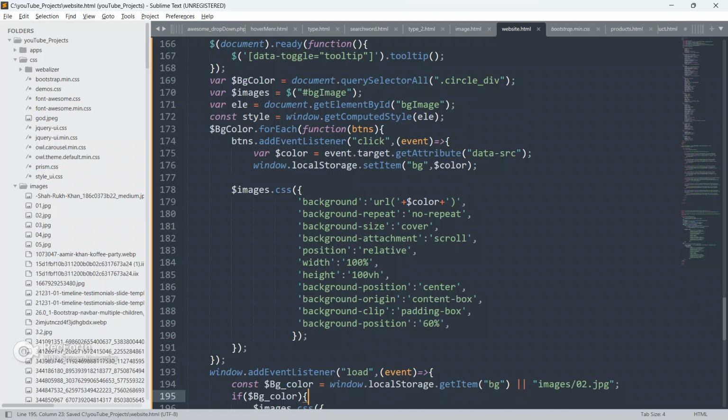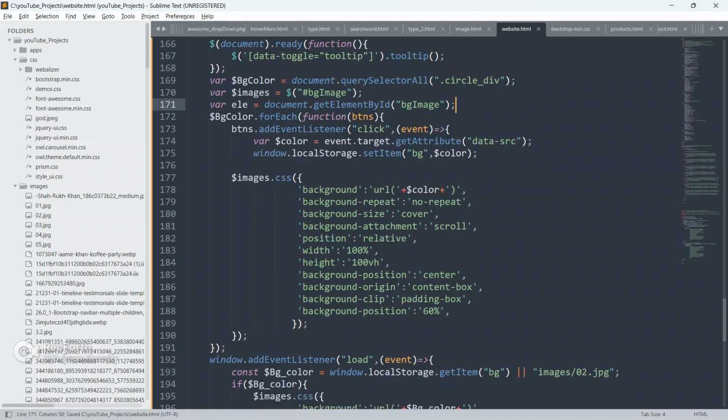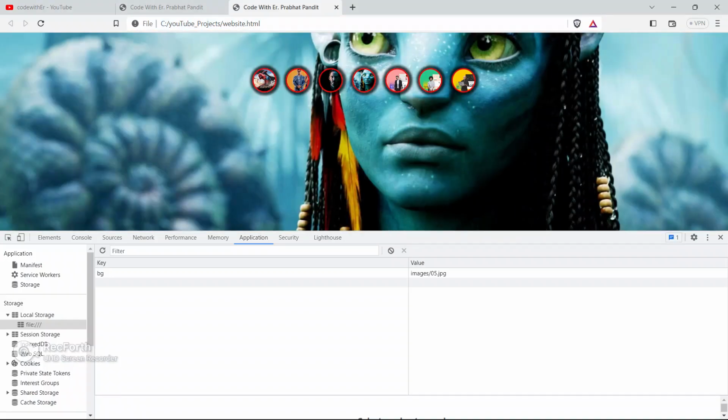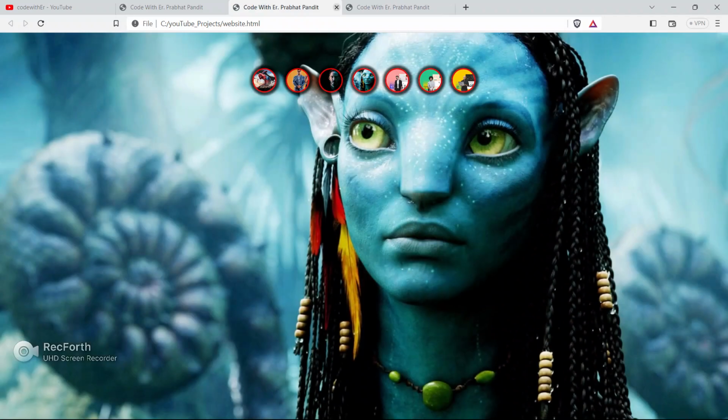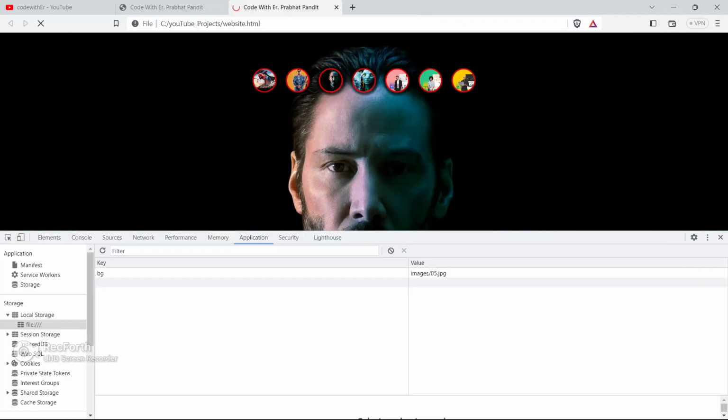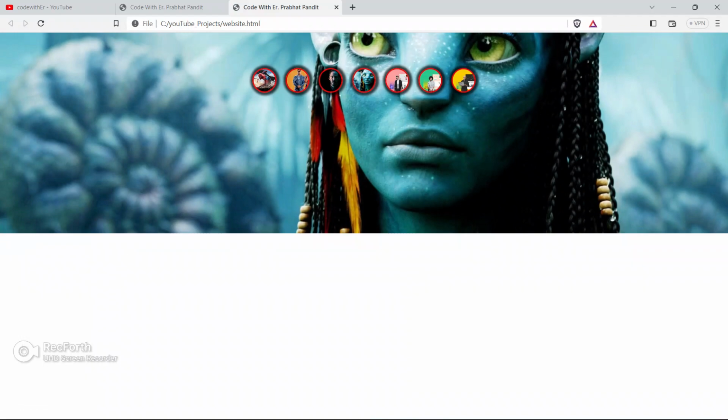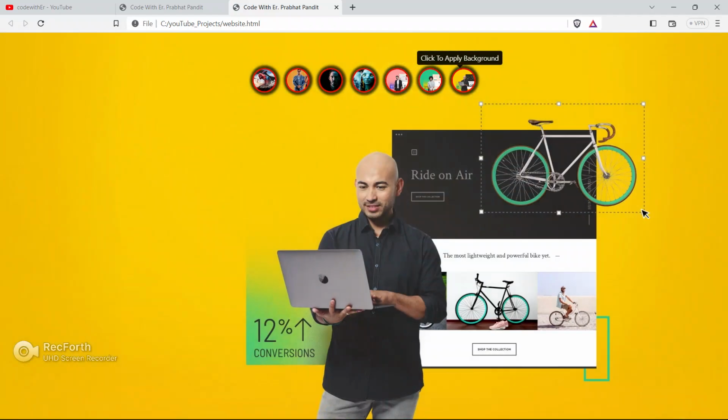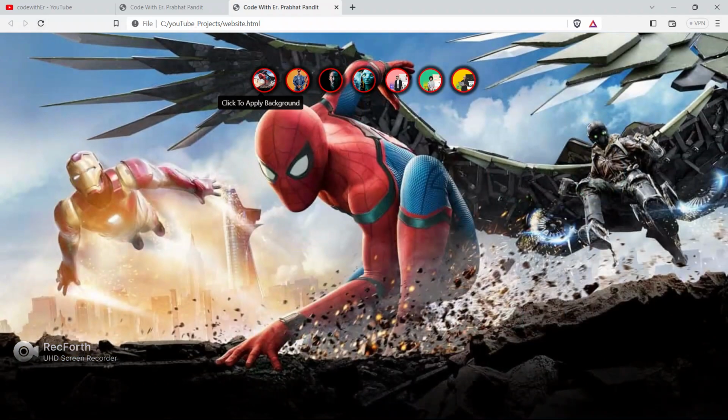So just remove extra codes, we don't require extra code. Just keep your code very clear, guys. See guys, now our background remains same. Now change this.